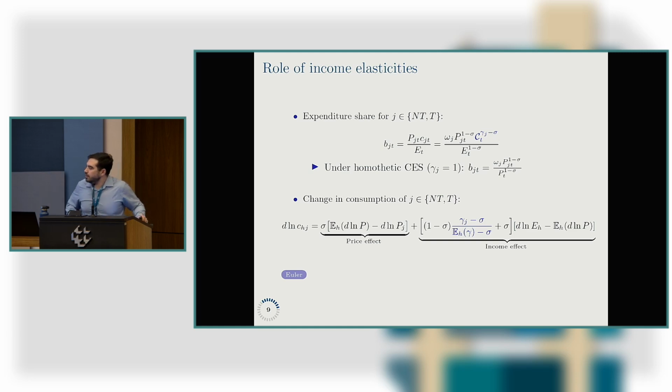If we think about relative changes in consumption, here I am showing you tradable and non-tradable. If we think about the difference, if both elasticities are the same, then if I take the difference between non-tradable and tradable, the income effect disappears and we only have a price effect. And this is one of the propositions in the model. When we compare relative consumption, we only have a price effect in homothetic CES preference. However, now in non-homothetic CES preference, we have a parameter that allows us to have a different income effect.